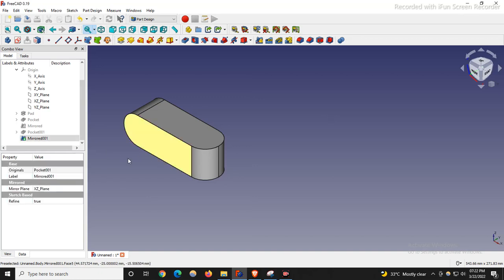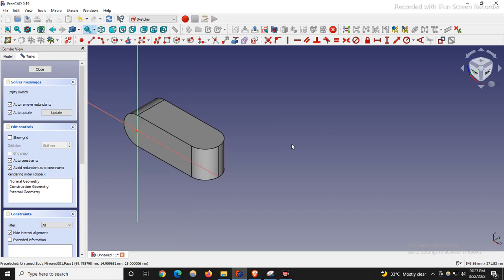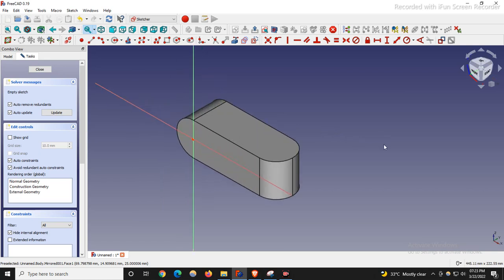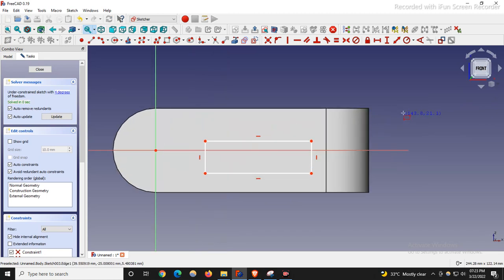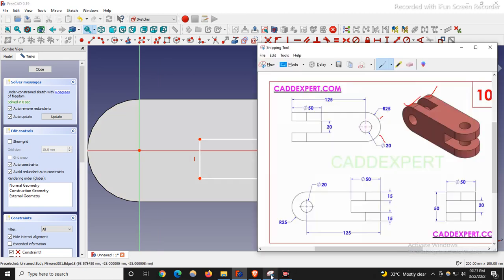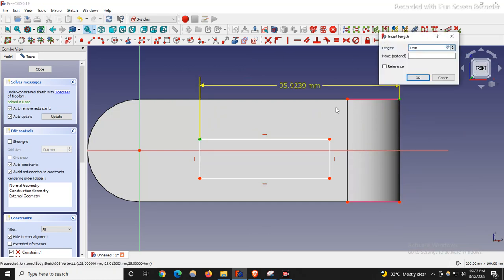So I will select this face and say create sketch. I press 0 because I like to draw the part in isometric view. Here I will draw a rectangle, and I say the front view. Here I will include my edges here and here, and I will give my dimension. From this edge it is showing 50, so I will give 50. I select this point and this point, and my vertical dimension is 50,